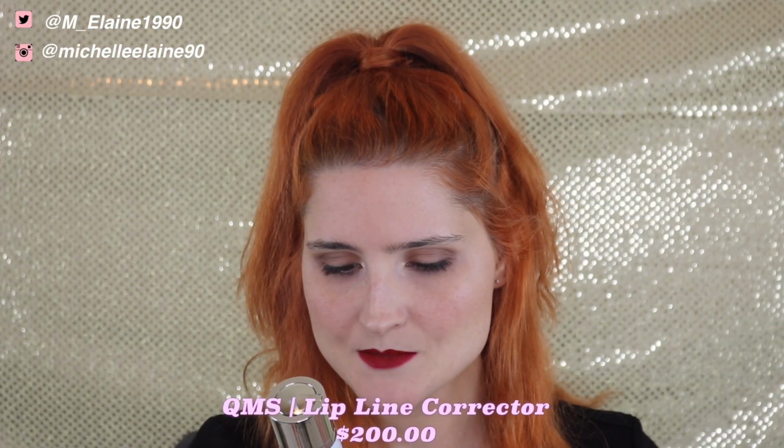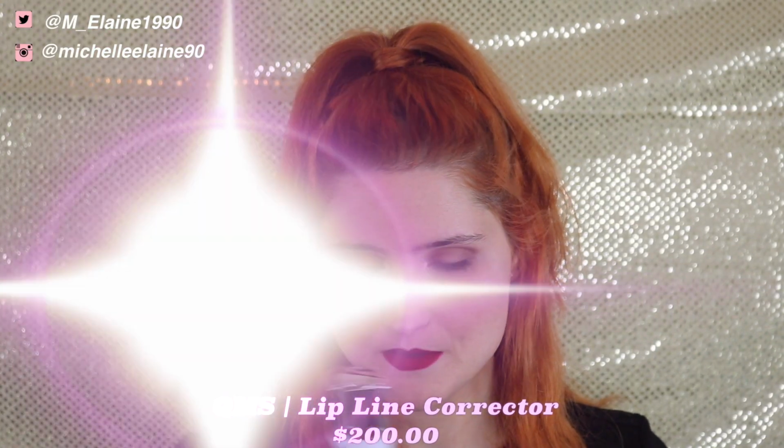Alright guys, and the very last thing I'm pulling out of here is this QMS Medi Cosmetics Lip Line Corrector Lip Serum. And this says, formulated exclusively for the upper lip area, lip line corrector targets fine lines and wrinkles. This high-performance lightweight serum is specifically designed to hydrate and plump lips for a smoother, youthful appearance. And this retails for, holy